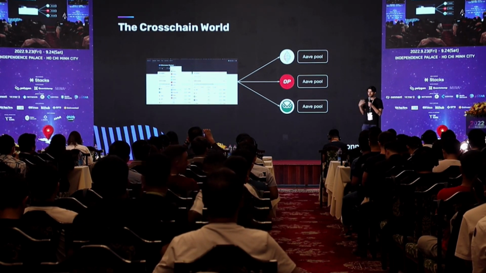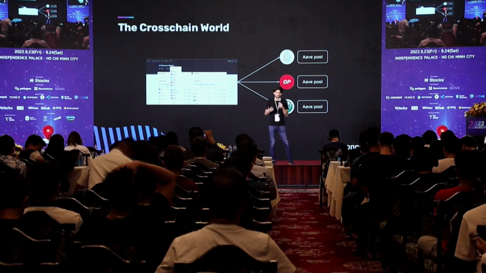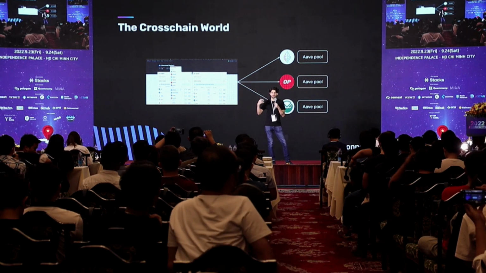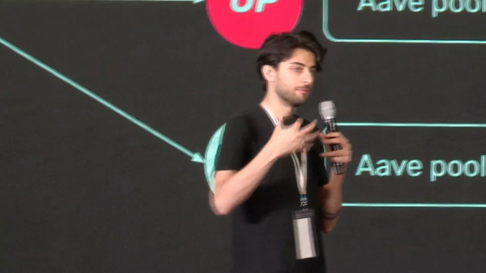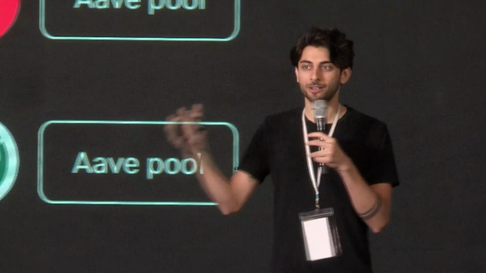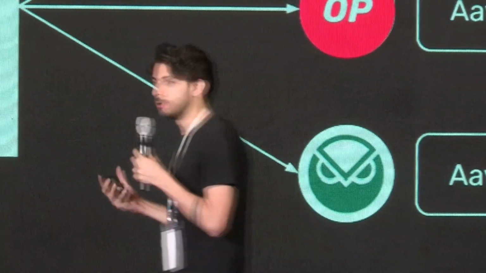When you're using Google today, for example, and you look up cat videos, you don't have to consciously think about where those cat videos are stored. You don't have to think about, okay, the references to these cat videos are distributed across a bunch of sharded databases in Google servers. You think, okay, I'm just going to see an application interface that has videos on it. The experience that we're building in this space really matters because ultimately, in order to be able to scale, in order to be able to bring on people from outside of this space, we need to make sure that we mirror what actually happens in Web 2 as well.